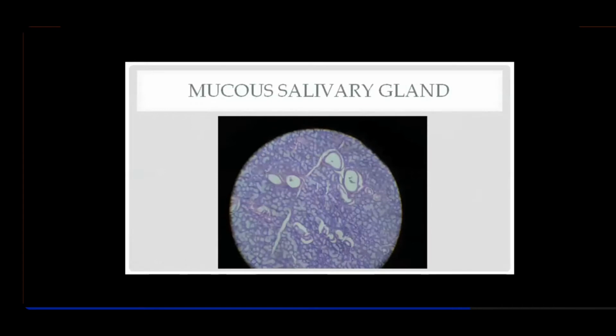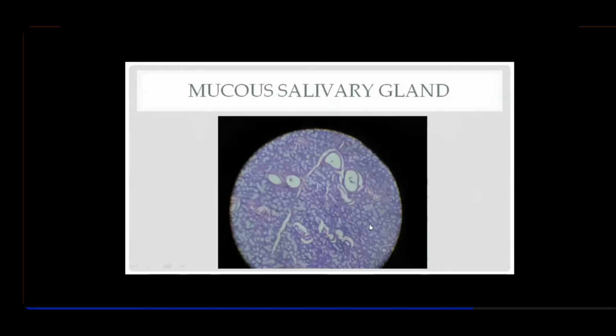This is a salivary gland, a mucous salivary gland. I cannot zoom it here on this screen, but you can see that these are all acini, in which you are not able to see the intercellular junctions, the cellularity, the nuclei, the intercellular inclusions. They're not taking good stain. So they're pale stained cells, and that's mucin containing cells. That's why it's a mucous acini. And remember that mucous acini have a flattened basal nucleus.